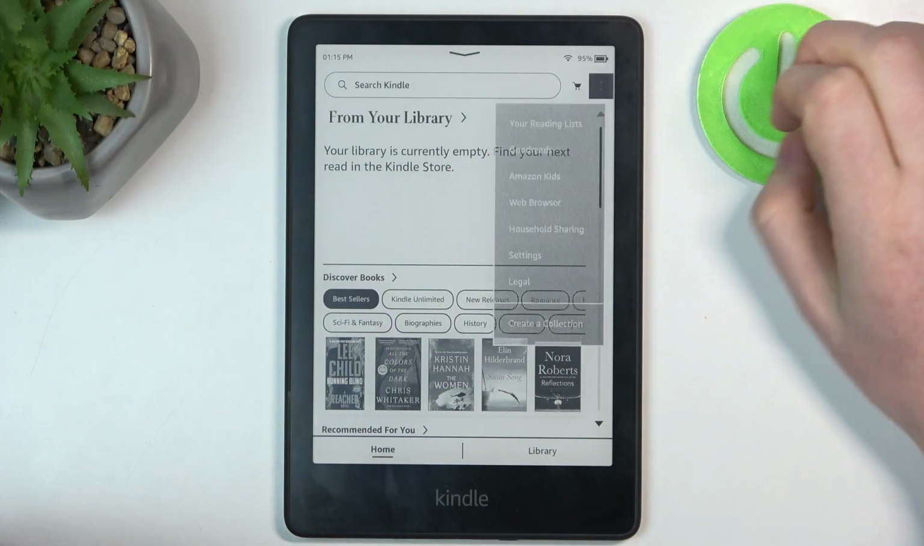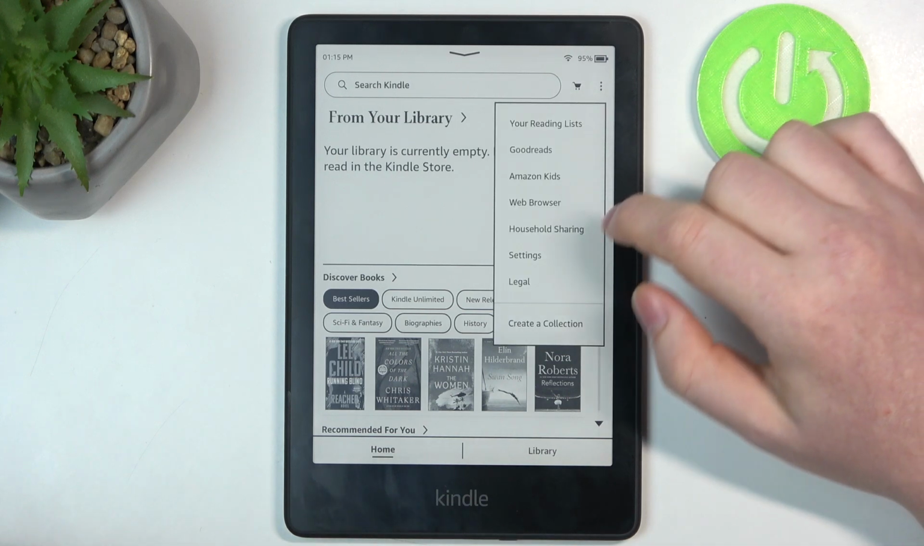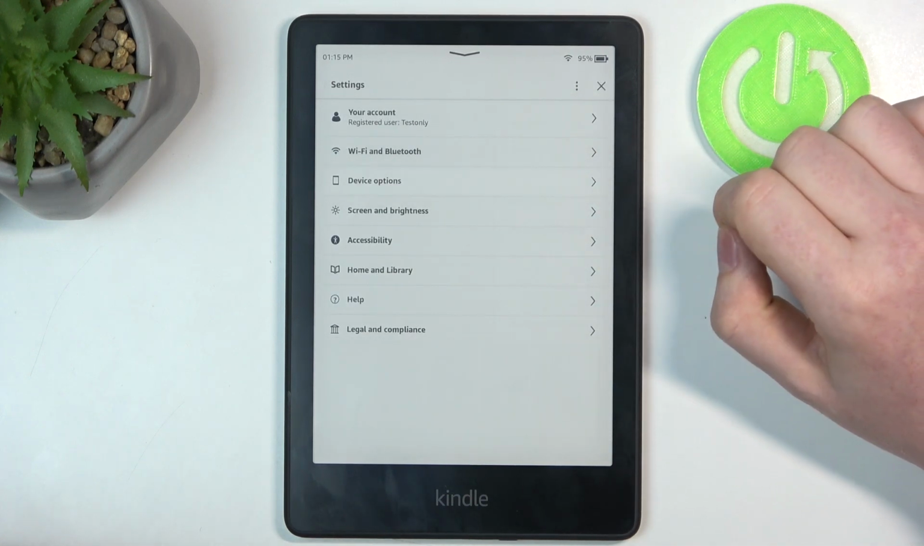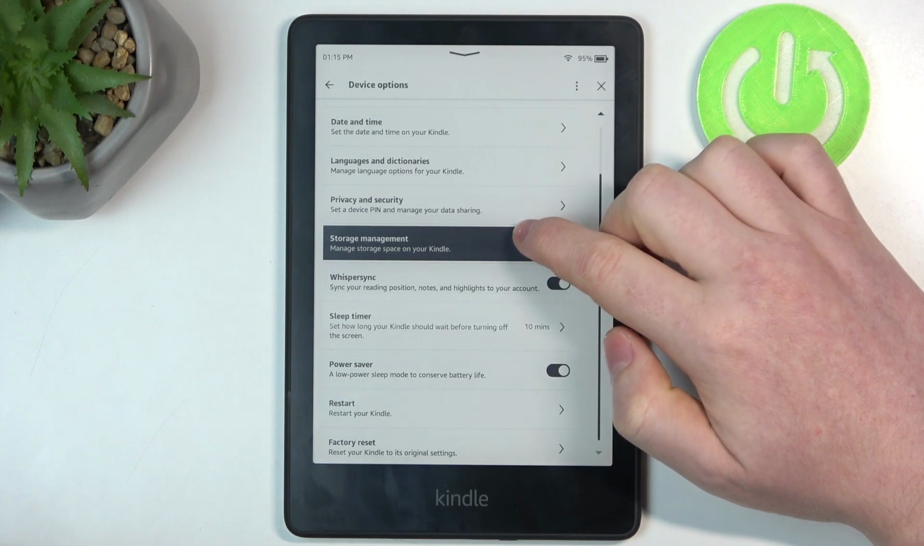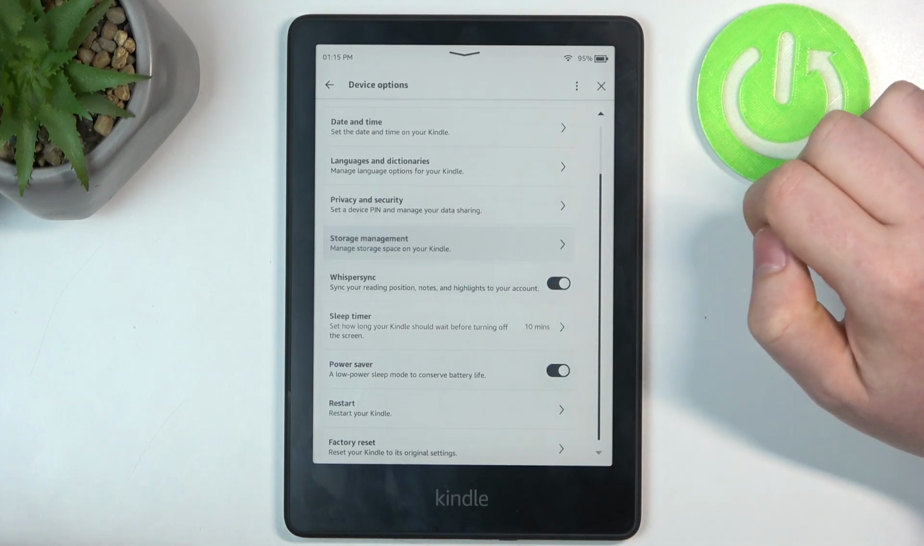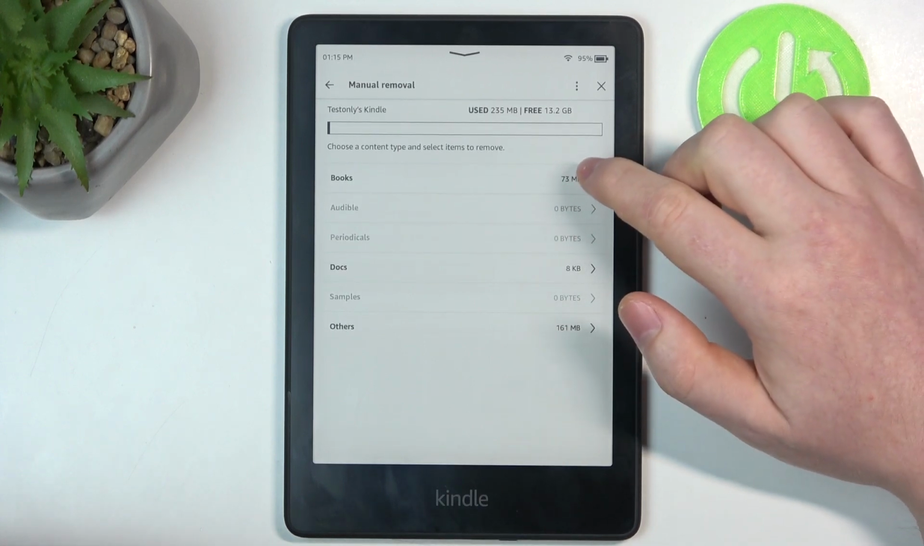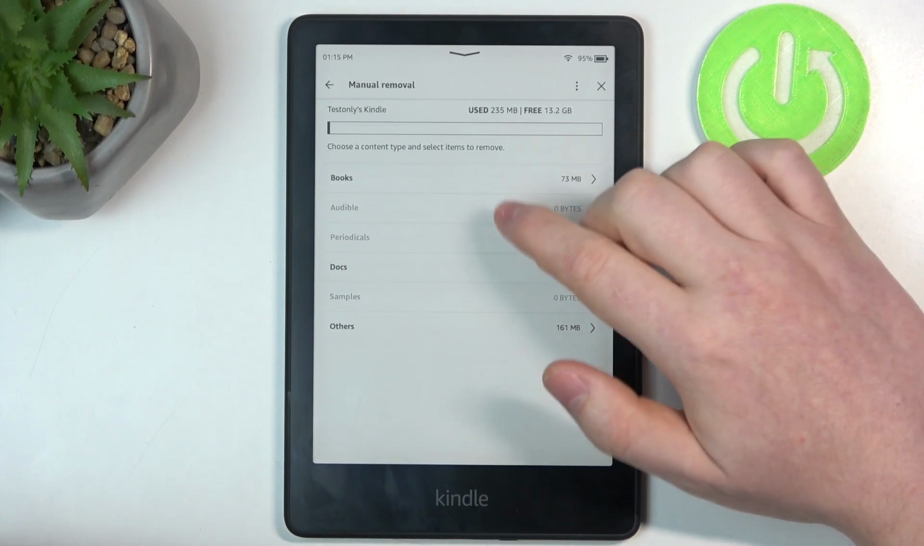To do this, first we'll need to click on the three dots in the top right corner of our screen, navigate to the settings, enter device options, then scroll down and look for storage management. You can enter it, and here we can do manual removal, and now you can select the category of files